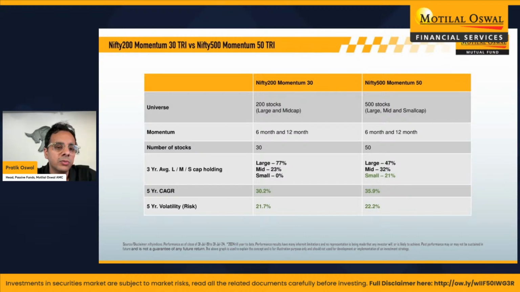And again, we have to understand that the stocks that are selected for this index are adjusted for volatility. So essentially, you're removing a lot of these speculative stocks that people keep talking about. So you're looking at stocks that are moving up, but moving up in a very stable way. And I think as investors, as fund managers, as asset managers, you have to give those stocks that are upward trending in a stable way some time to also perform. So we believe that 6 months is a good enough time period.